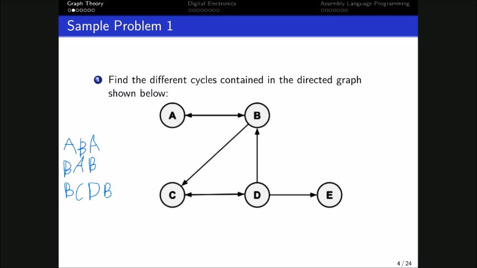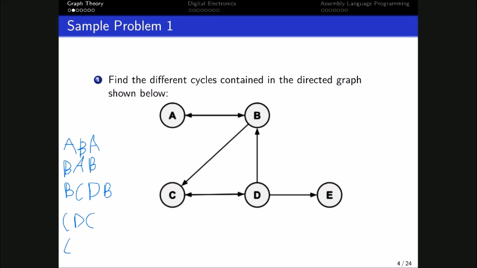Now, if we start at C, obviously the only way it can go is to D. So we'll go to D and then we'll go back to C, that's CDC, that's another cycle. So we can go to C, can go to D, and D can go to B, and B can go to C, so that's another one. C, D,